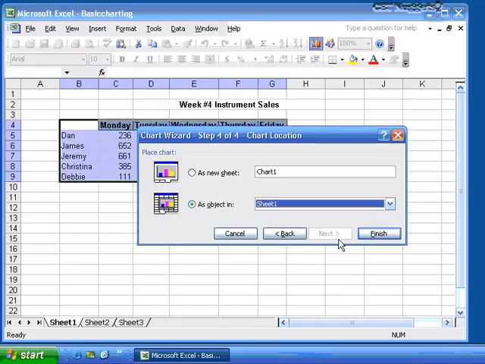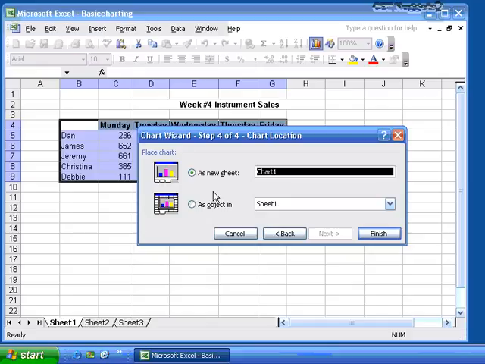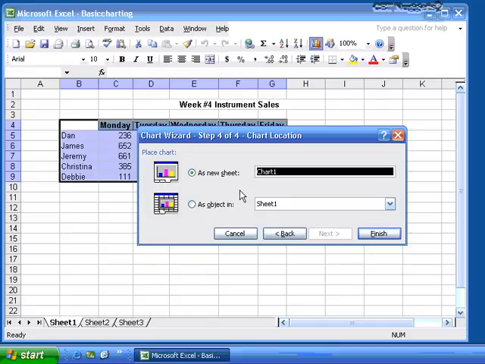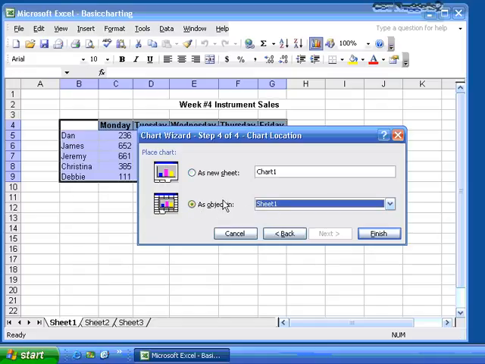What's the last thing? What do you want to do with it? Do you want to place it on the sheet? Do you want it as a new sheet? I can do that, and then name it. Whatever I decide to do, it makes no difference. Some people just like to have the charts over to the side from the material, and then they can print them out separately. If I do, by the way, if I do as an object in sheet 1 or sheet 2 or wherever I want, you have the option when you do print to print the charts as well as the data. You just need to make sure you arrange the object so that it doesn't cover up the other data. So let's go ahead and just create a new sheet, and we'll just call this the week 4 sales